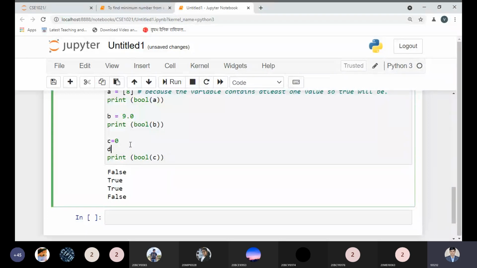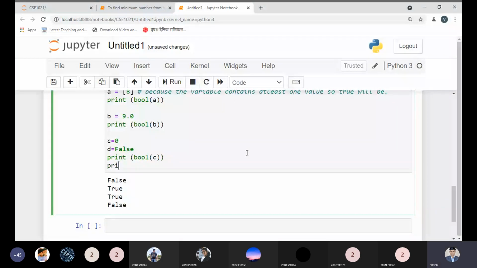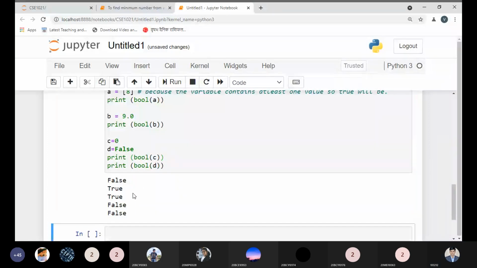Instead of doing so, say d equal to, I'm just defining it as False. If I write bool d, definitely the answer would be false, because 0 and the False keyword both represent false.